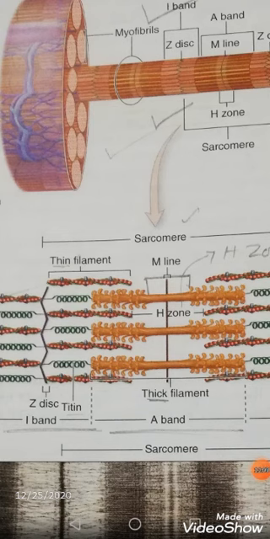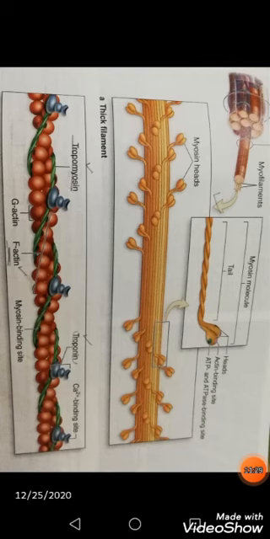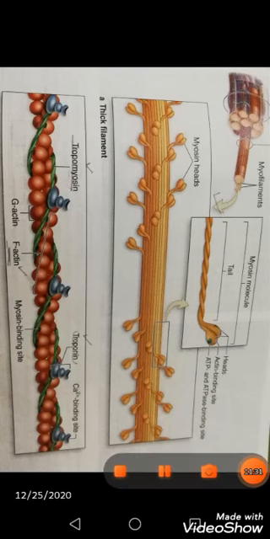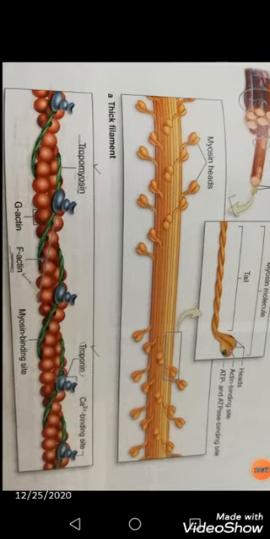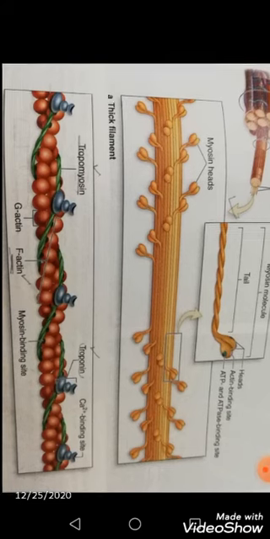You can see the myofibrils that are present inside the muscle cell or fiber, which are specialized contractile elements holding the myofilaments, which are contractile proteins, and another name for the thick and thin filaments are the myosin and actin filaments. If I can show the picture in an enlarged view, you can see